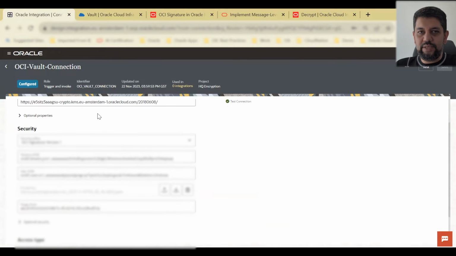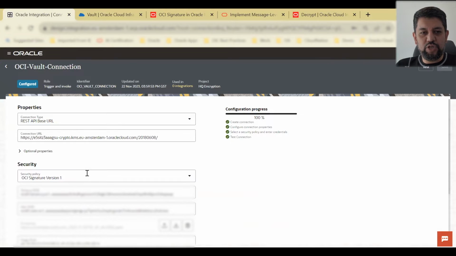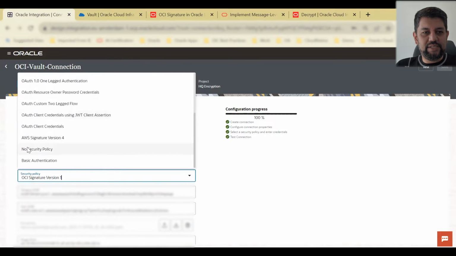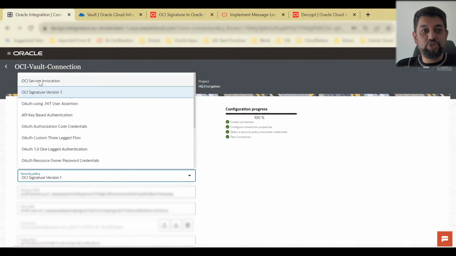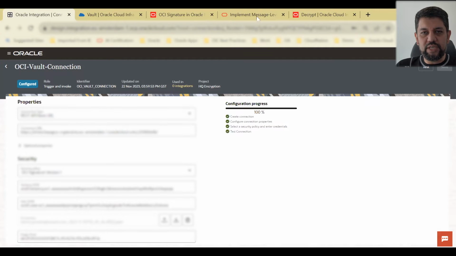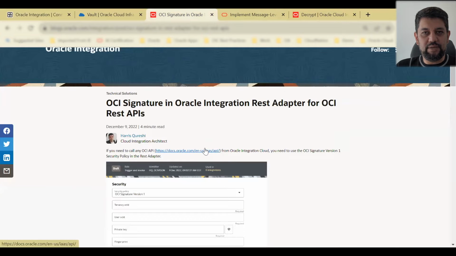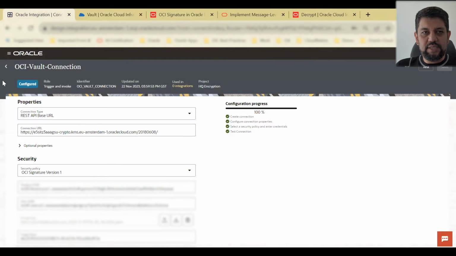Now, when you're calling the REST API within OCI, we have two options. One is using the OCI signature version 1, and the other is we can use OCI service invocation. So service invocation requires RPST setup, and there is a blog where you can find out how to configure it. In this scenario, I've used the OCI signature version 1, where we need to provide certain values. We need to upload the key. And again, there is a blog available which will guide you on how to set this up. In the documentation, in the video, we will provide you these links and how to go about it. Okay. Once the connections have been established,